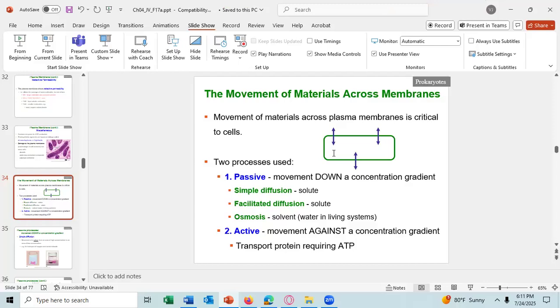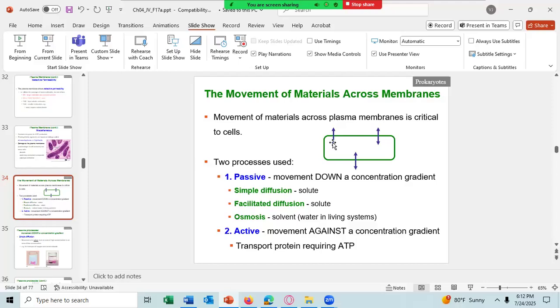And then there's an active process where the molecule moves against its concentration gradient, meaning the molecule is moving from areas of low concentration to areas of high concentration. This requires the cell to spend energy, and it also requires a transport protein. For each molecule moved across the cell membrane, the cell has to use one ATP molecule to move one molecule